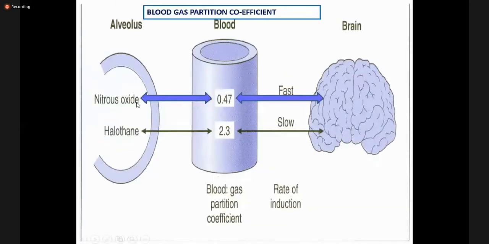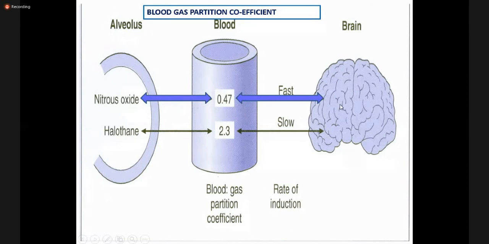So you can see the solubility is just 0.47 as compared to halothane, which is 2.3, higher solubility, right? So higher solubility means a high blood gas partition coefficient, and slower induction and recovery. And the lower the blood gas partition coefficient, the lower the solubility and the more rapid the movement, so it's not going to waste time that can occur during the dissolving process, right? So it will move quickly from the